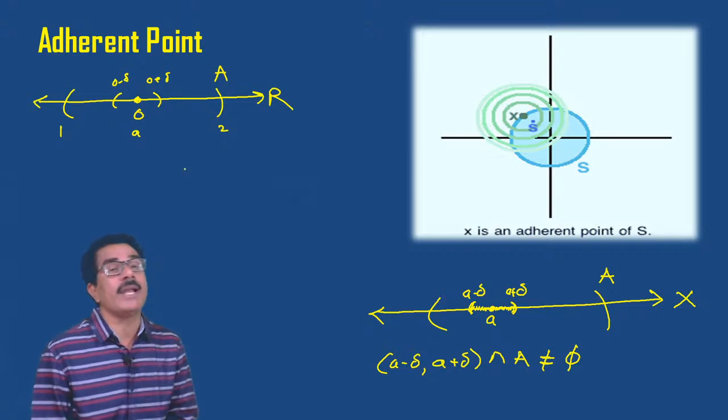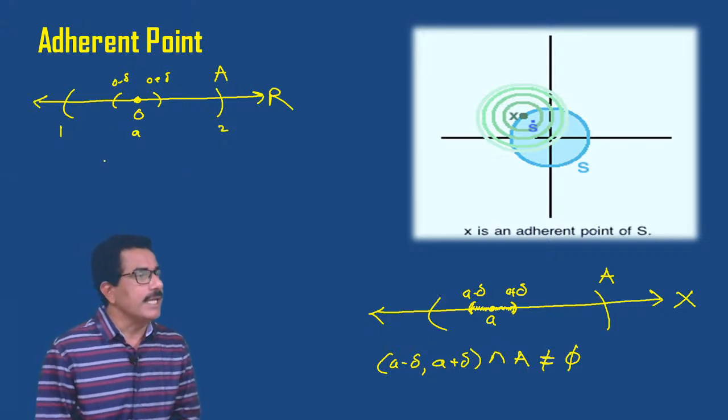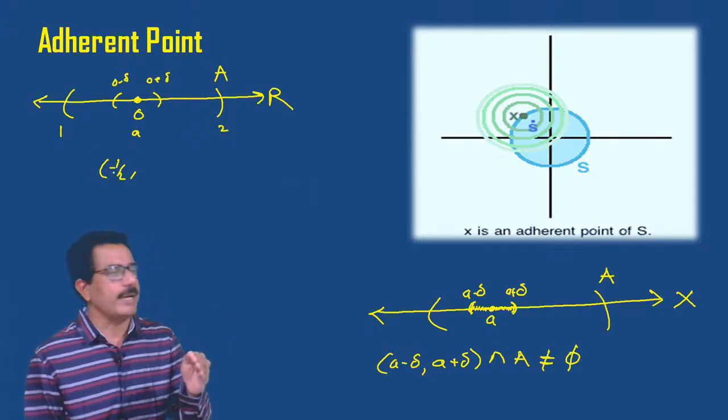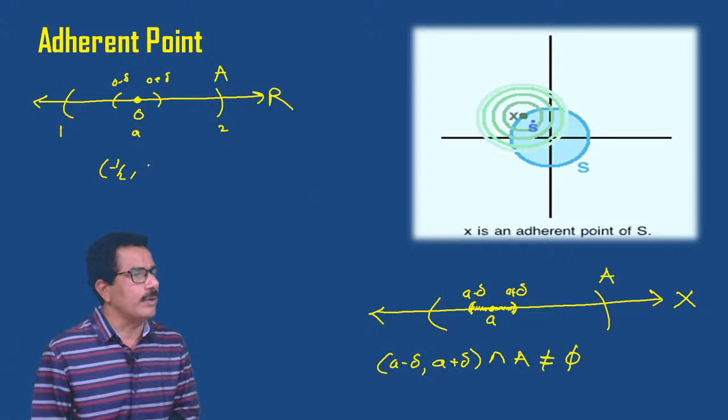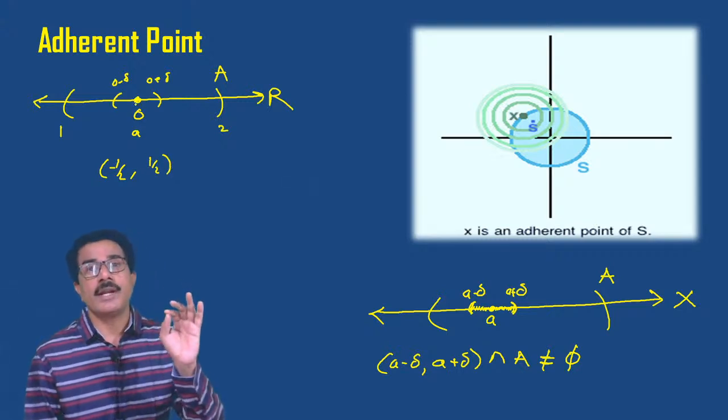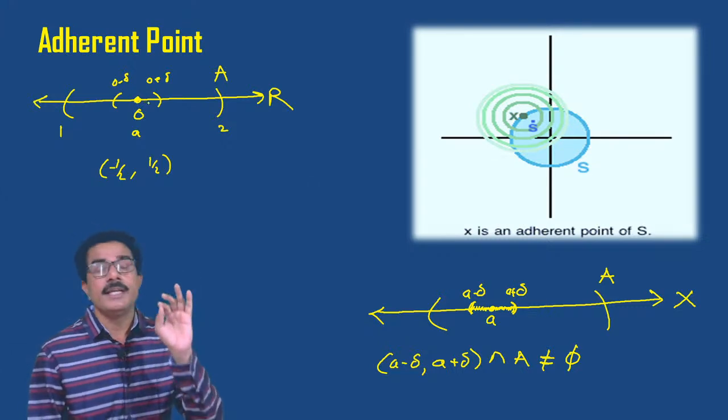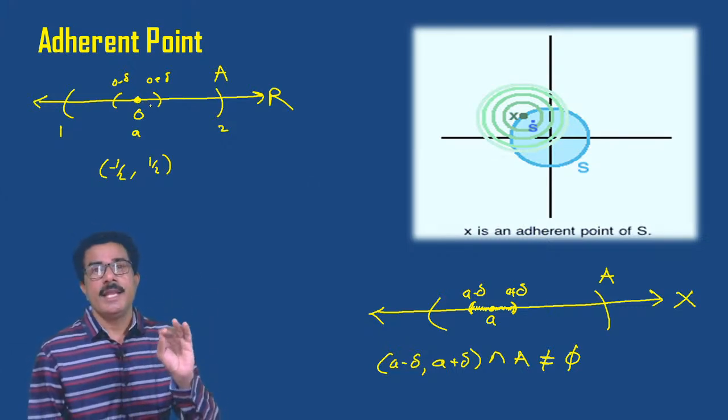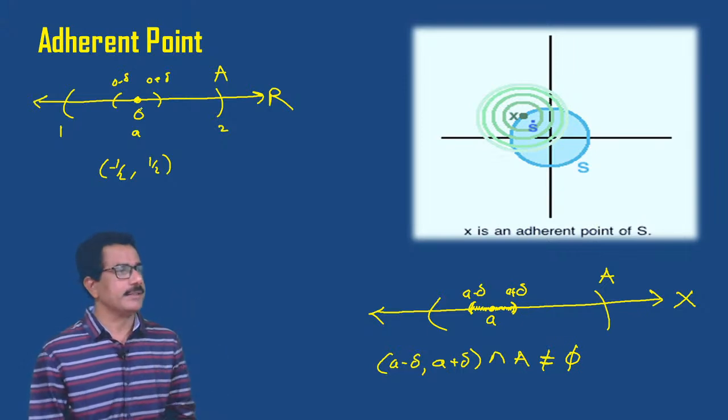If we consider the value of delta is 1 by 2, then that set is minus 1 by 2, 0 plus 1 by 2 means 1 by 2. Then 0 is called an adherent point of A, then there exists at least one point